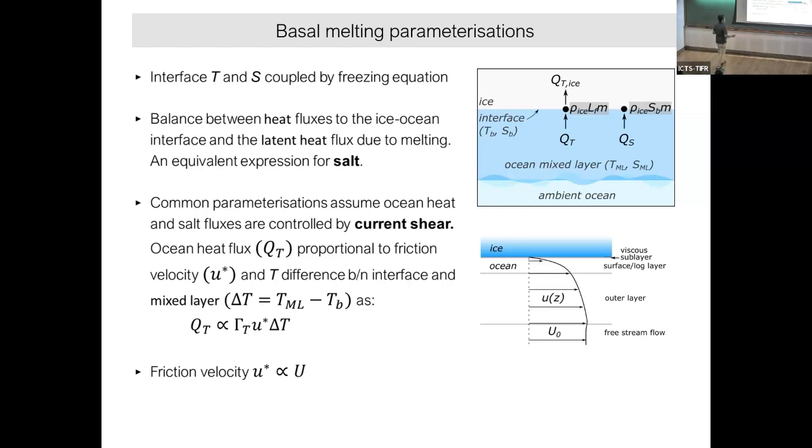When you say bulk formula, it means we make this formula so simplified that we can plug in velocity and temperature difference and get a heat flux. Of course, the problem is that we need to have a constant there. That constant is playing an important role in the total melt rate or total heat flux. Now, this is what we call the frictional velocity. How many people know frictional velocity? One. Good. So, what does frictional velocity mean?